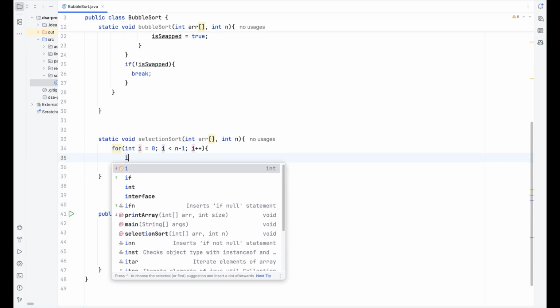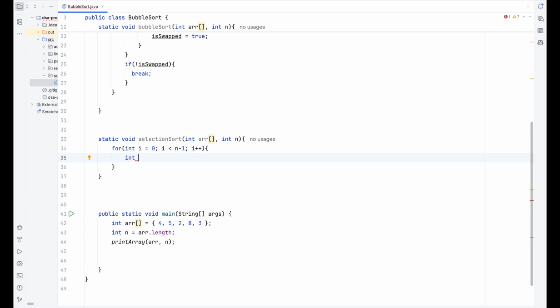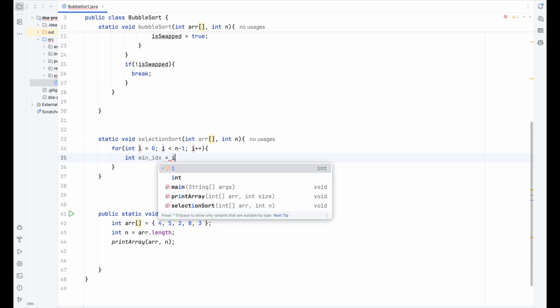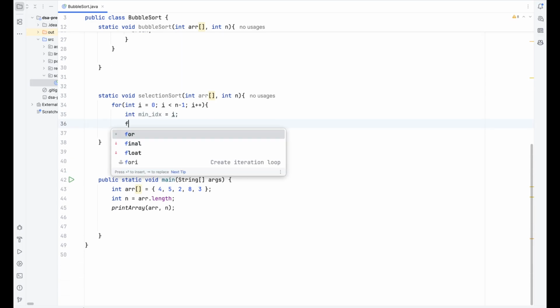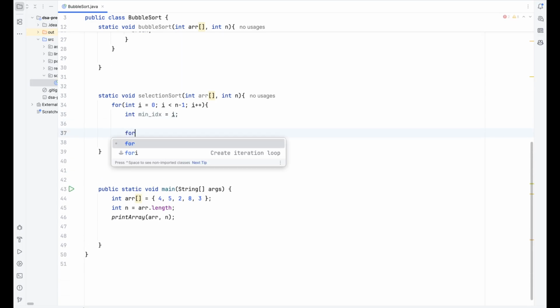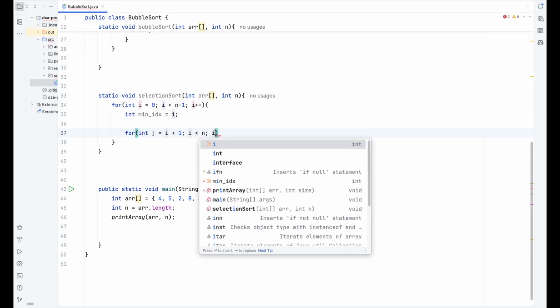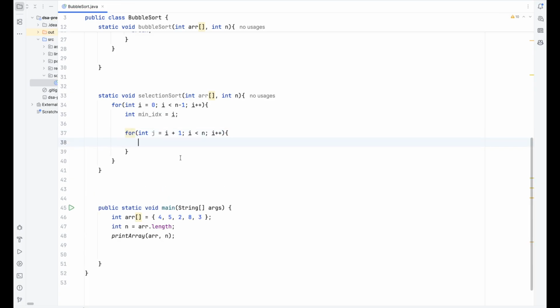And inside it, we can keep the index of the smallest. So let's say minIndex. First of all, we can just assign the value of i, the ith index, to this one, and then we'll write one more inner loop inside, which will be int j equals i plus 1. From i plus 1 we need to run till less than n, and then j plus plus. Or not i actually, it should be j, right? It's not i, so we can run it as j plus plus.